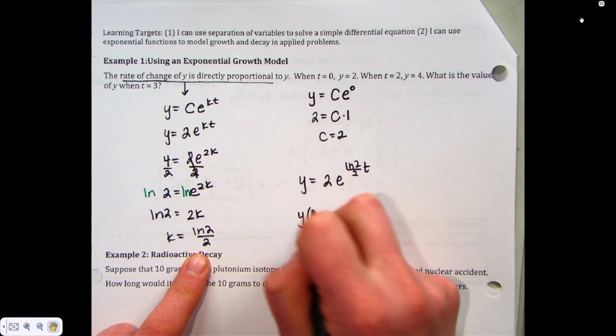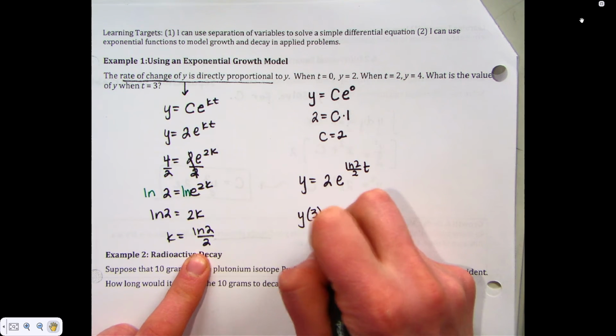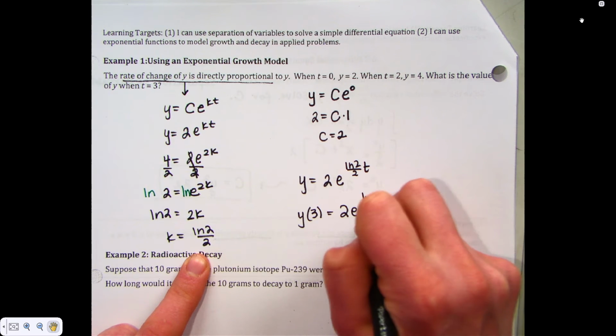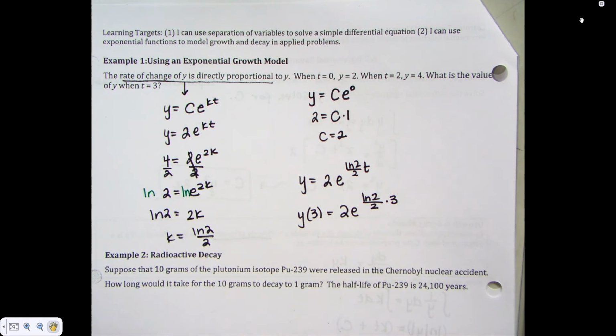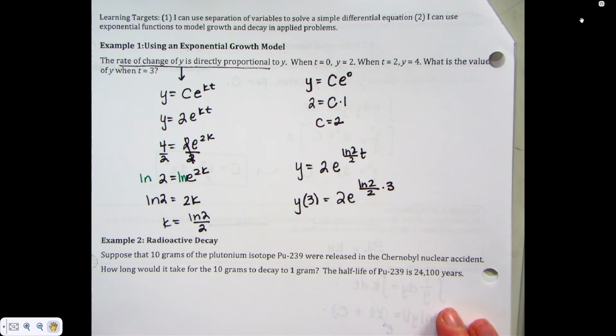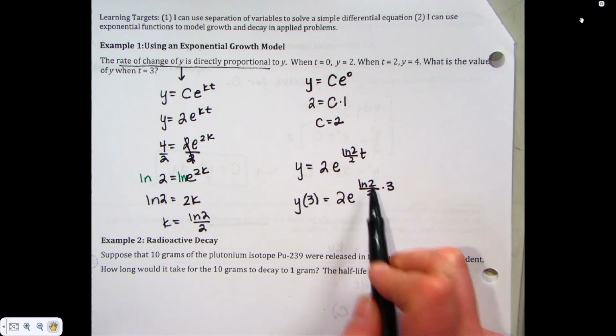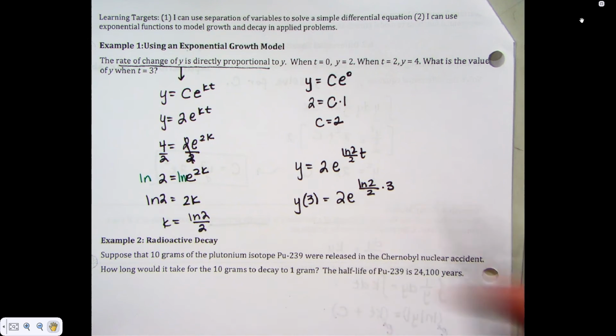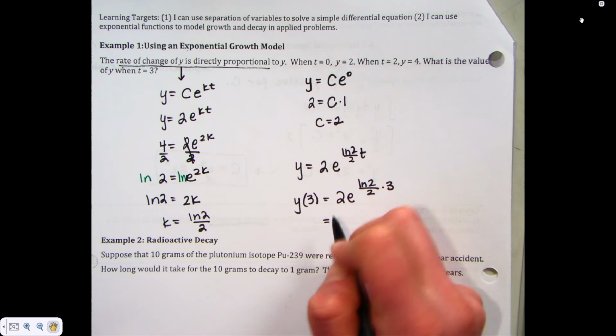So y of 3, when I'm plugging in 3, I get 2e to the log 2 over 2 times 3. And you're going to want to double check that you know how to do order of operations. Type it into your calculator. I would advise taking log 2 over 2, multiply that answer by 3, e to that power, multiply by 2. Watch your order of operations. You should be getting